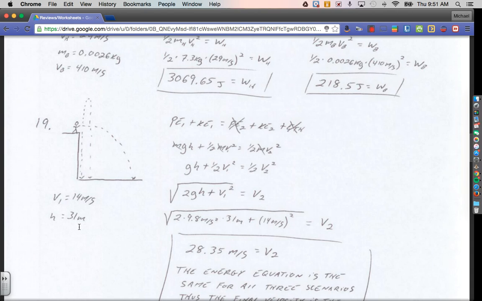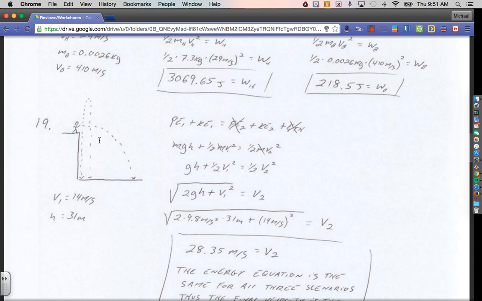We're going to ignore any air resistance, and we're going to find the speed with which the pebble strikes the ground when the pebble is fired horizontally, straight up, and straight down. This is our first conservation of energy problem, and the best thing to do is always draw a picture so that we know what we're talking about, because conservation of energy requires us to look at two distinct points in